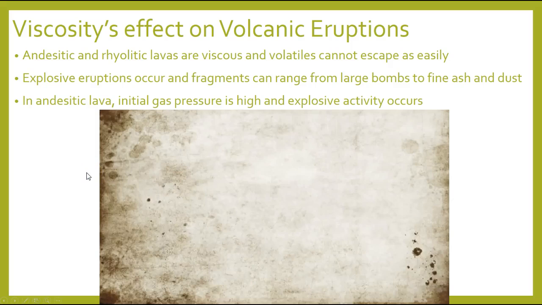Okay, so if we have a look at andesitic and rhyolitic lavas, they tend to be very viscous and volatile because the volatiles can't escape as easily. So they tend to have quite explosive eruptions, and fragments can range from being large bombs to fine ash and dust. Now, with an andesitic lava, your initial gas pressure is high, but as explosions occur, it starts to settle and flow. So this is another video, and I'll need to skip ahead